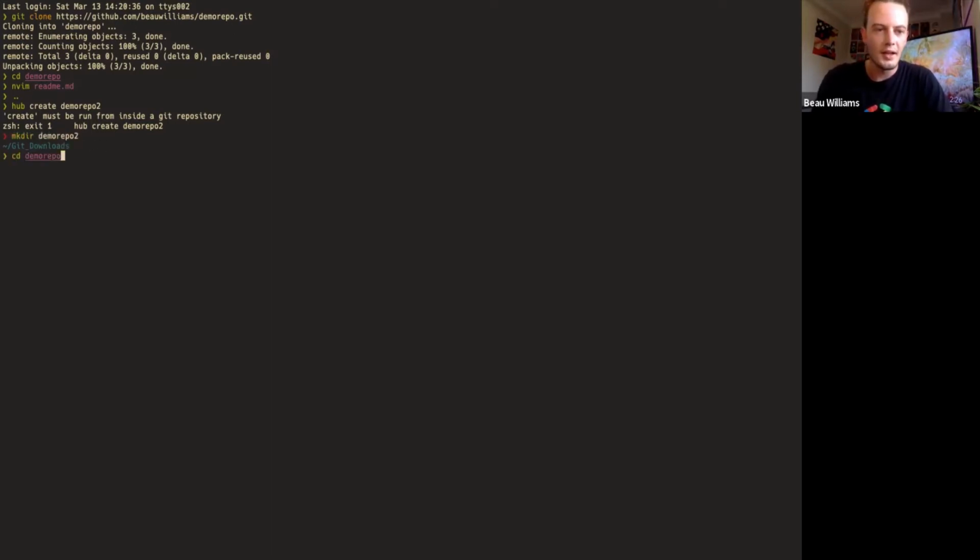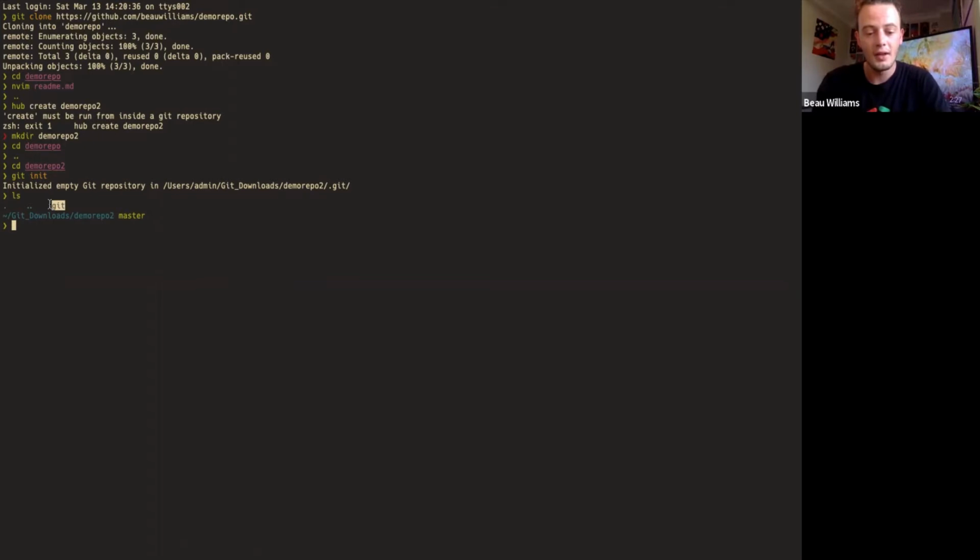Again, this is not the fastest way. But the point is that you don't need to even open your browser at all. So we go git init, which is the way to create a local Git repository. And what git init does, just for you guys that don't know, it creates a .git folder in your repository. And again, I'll quickly cover off git init in a later slide. So we've got a Git repository.